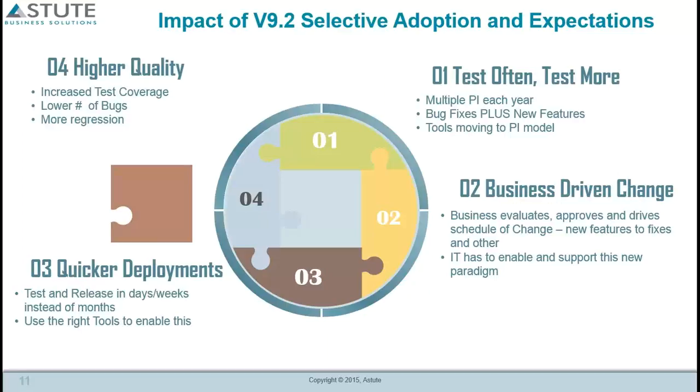And then higher quality. Overall, when you're pushing so many changes into PeopleSoft and adopting new features, you want to make sure that everything is thoroughly tested and it's regression tested, not just unit tested or functionally tested. So that means you have to do more testing, you have to have more regression flows for testing, and you have to have an automated way to look at all of these things as a whole, report on it, manage it, and be able to track it as you move along from one image to the other.